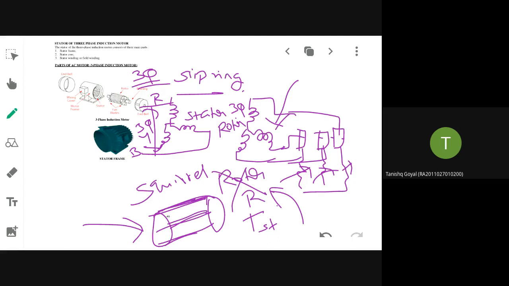Slip ring or squirrel cage, where is it possible to increase the rotor resistance? Slip ring only. Here you are having a variable resistance. If you are able to vary the resistance, you will be able to vary the rotor resistance. But here all are short circuited. You won't be able to add extra resistance to it. So it is not possible for a squirrel cage to increase the rotor resistance. I think it's one of the questions that is asked in lab. So for that purpose, I am telling you.